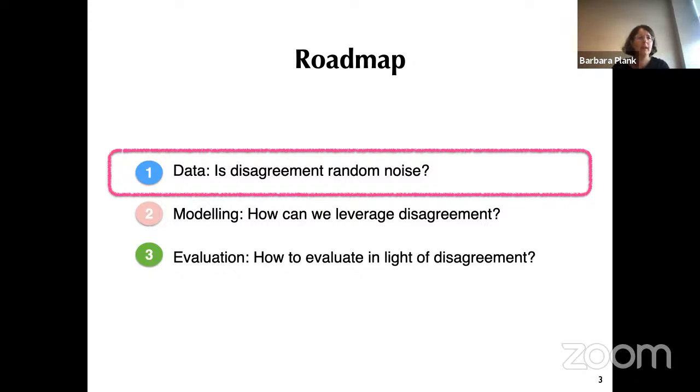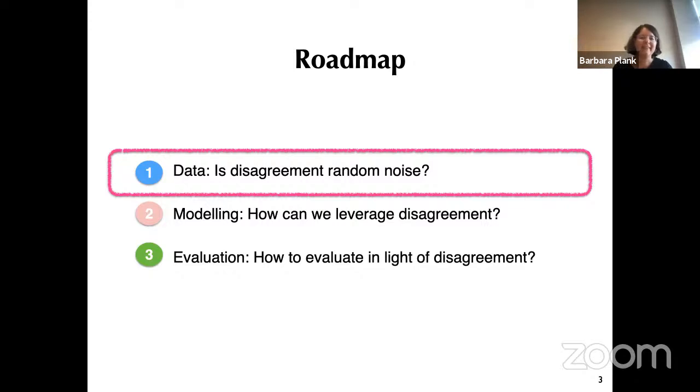And in the end, I would like to touch upon a very important aspect, namely evaluation. We also just heard from Thomas that evaluation is a big chapter, so I want to go into evaluation a little bit. This is in fact a big chapter also for disagreement-based approaches, where we will see there is still a lot to be done in that area as well. But the big question there is, how can we actually evaluate our models in light of disagreement between annotators?